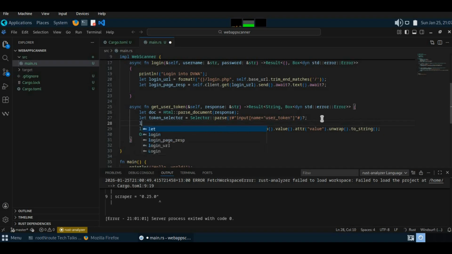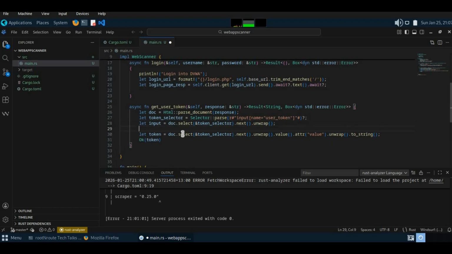So just say let first we select the input, as we have mentioned, actually it is input. So we are going to first extract the input field, just say next unwrap here,